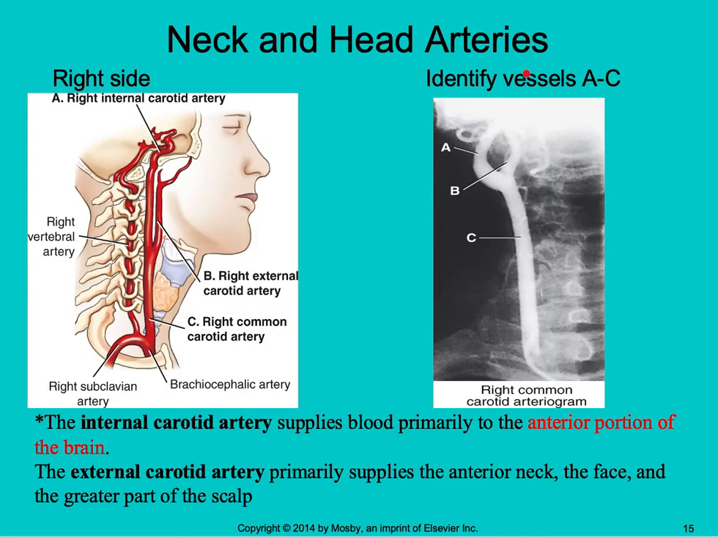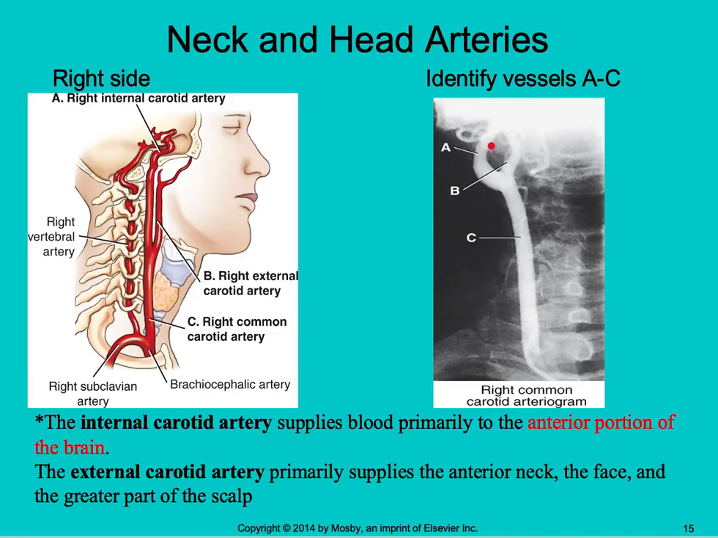So neck and head arteries. You're going to identify the vessels A through C. So the right side, right internal carotid. You have the right external carotid. So C right here is going to be your common carotid, your right common carotid. And then you're going to have your external carotid and your